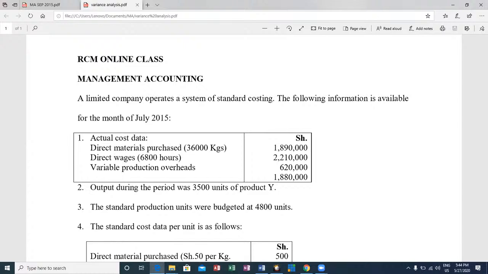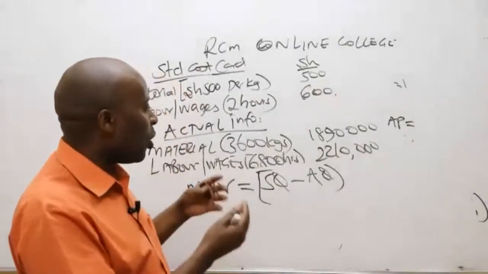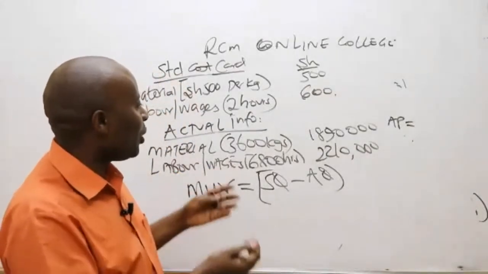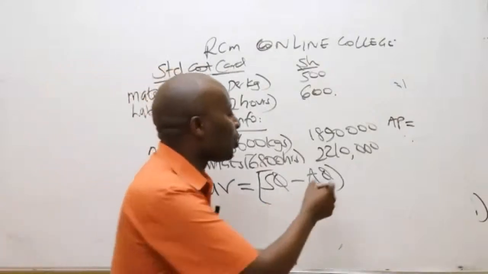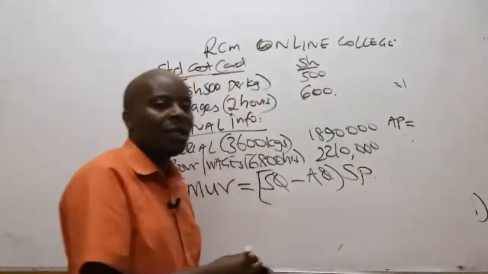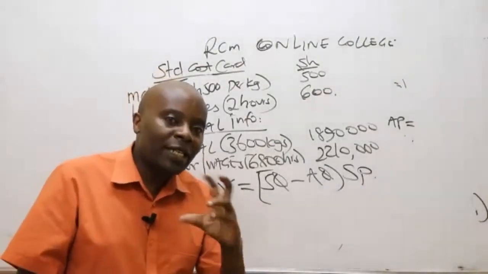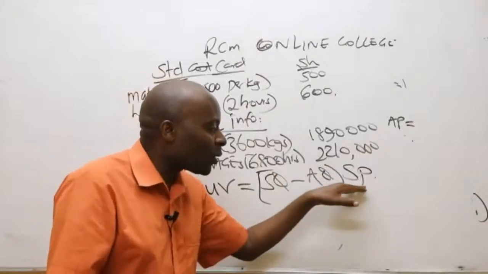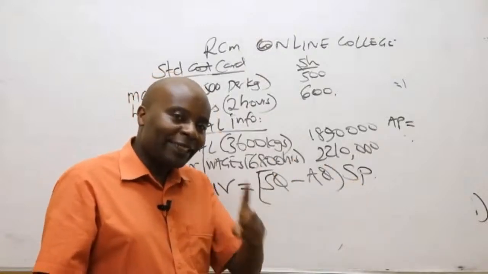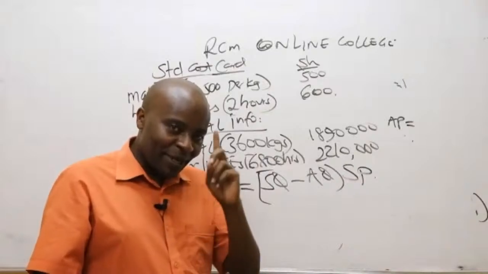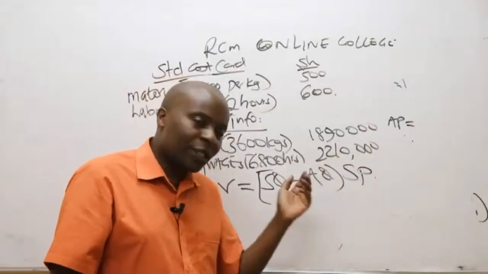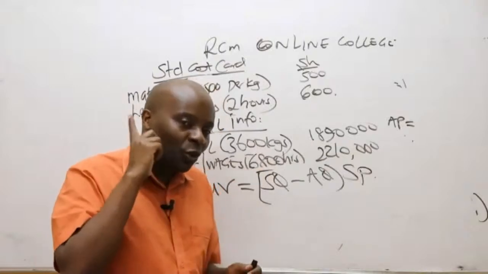And then, of course, after writing this, we'll recognize the fact that fine, this will be a variance, but in terms of kilograms. So we need to monetize this. How do we monetize this, ladies and gentlemen? To monetize this, what I need to do is to multiply it with the standard price. One thing you're going to realize as we get along: if we have money outside here, money has to be standard. But if it is quantity outside, or hours, they have to be actual.